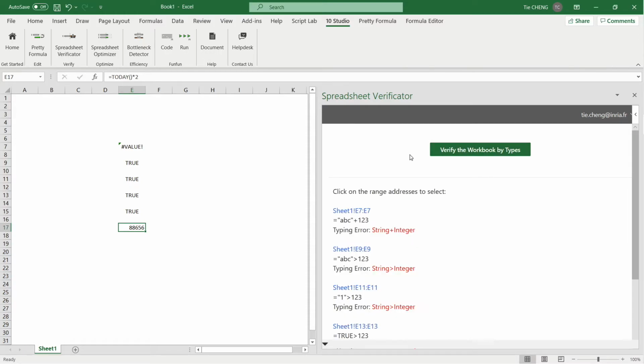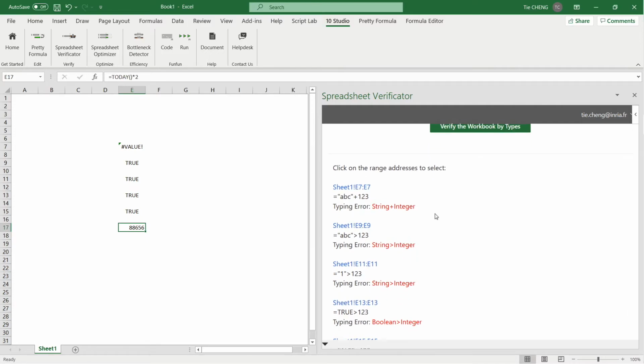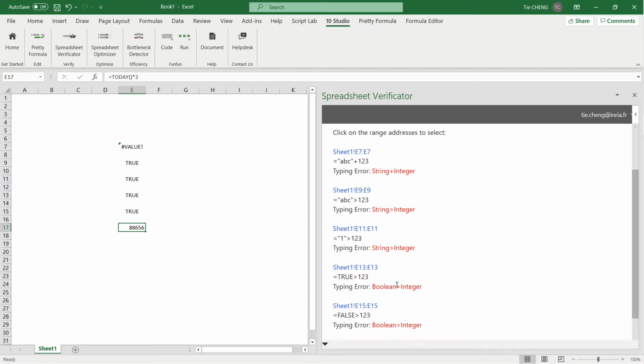Then the verificator undertakes the type checking. As you could see, all the formulas that contain type mismatches are identified. For instance, there is a comparison of string and integer. There is a comparison of Boolean and integer. We could click on that to go to the problematic cell.